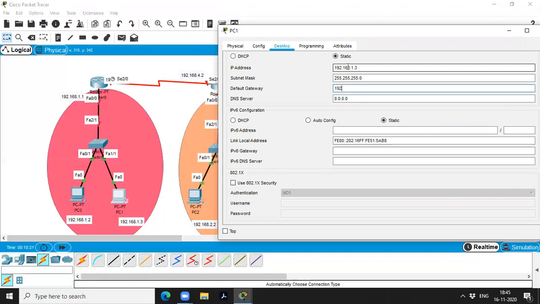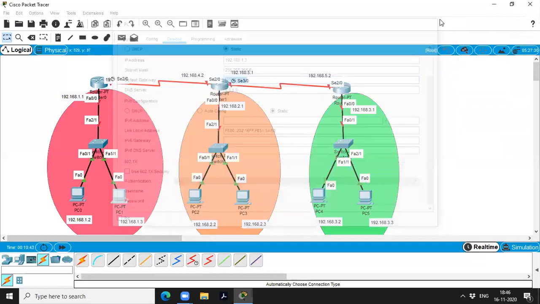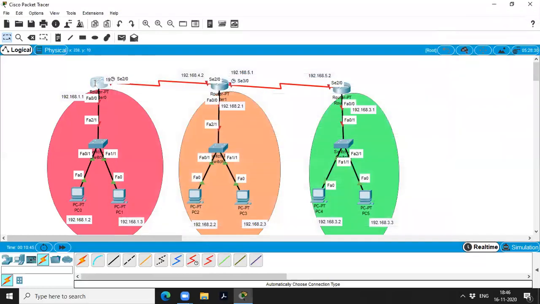Give the subnet mask and now give the default gateway of my PC. The gateway for this PC is this router, and for this PC also the gateway is this router. For that reason I have defined my gateway as 192.168.1.1, right? Now I have to configure the routers.